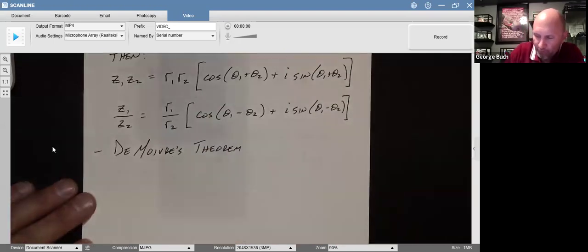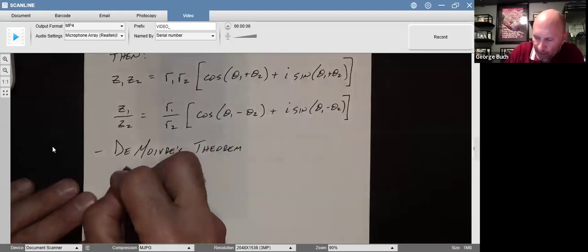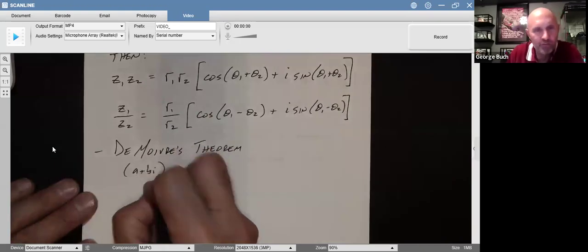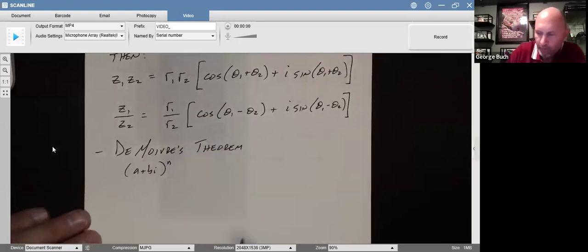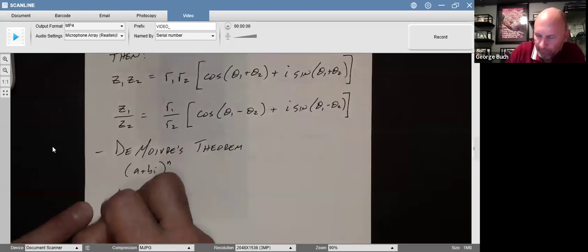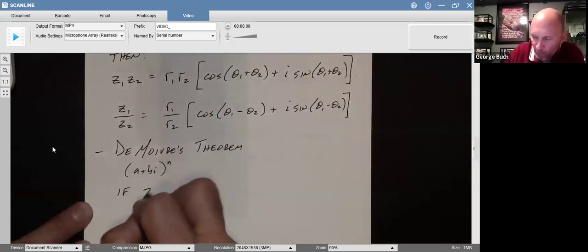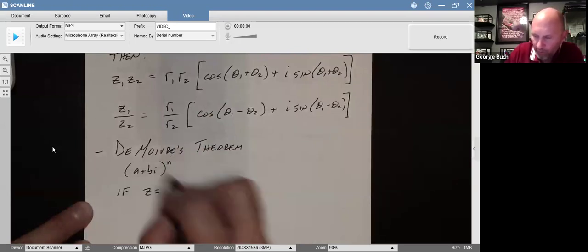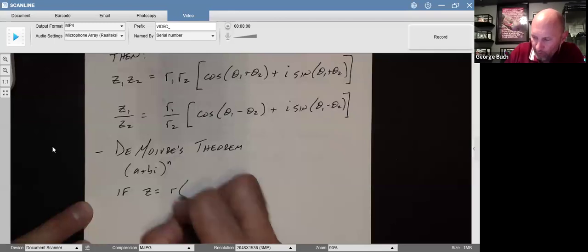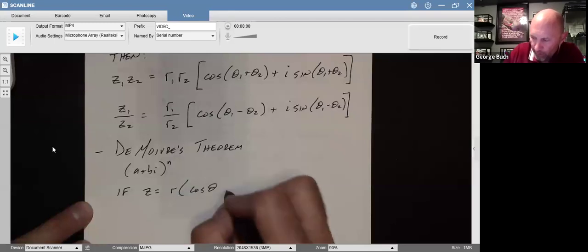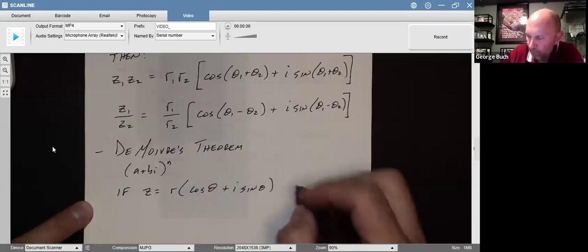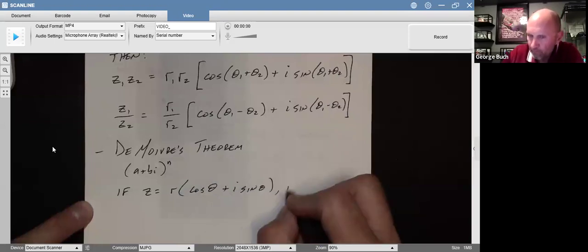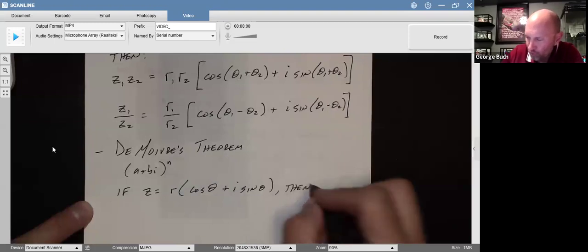So if I have, for example, a plus bi to some exponent n, then this says that if my z, my polar form of this complex number, is r times cosine of theta plus i sine of theta, then for any integer n,